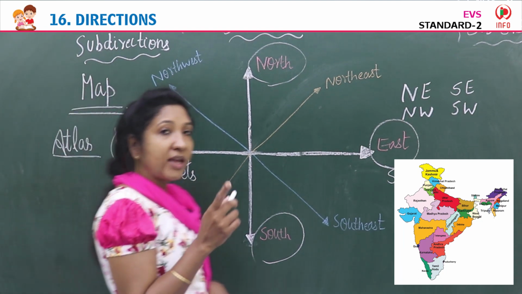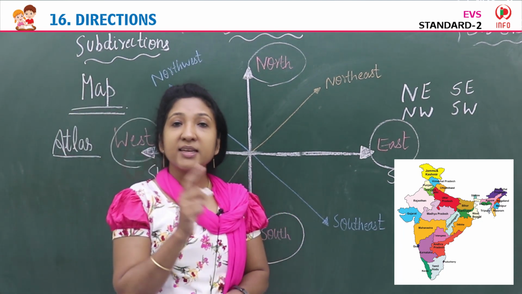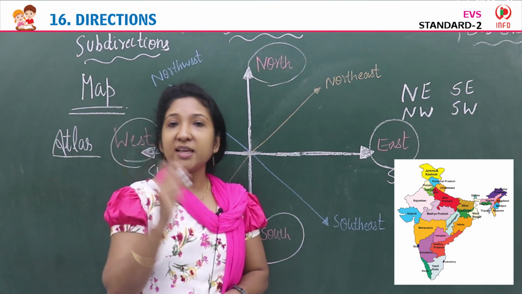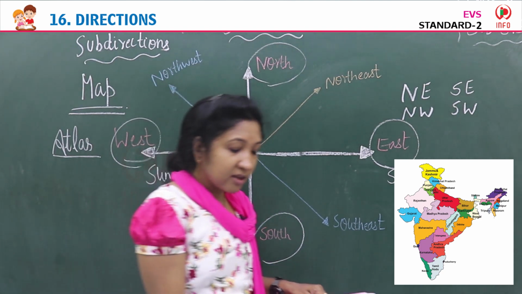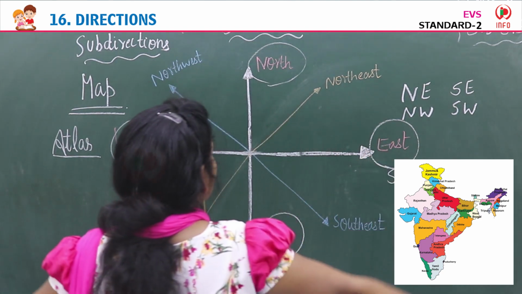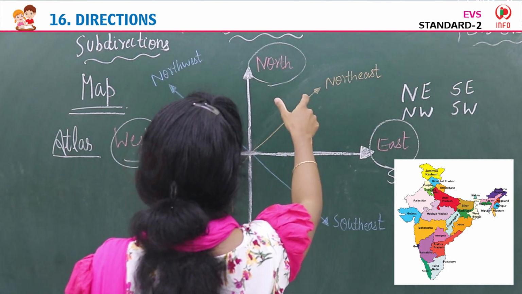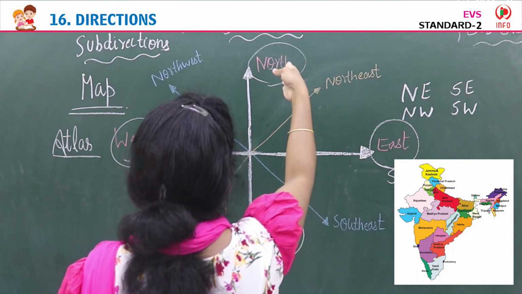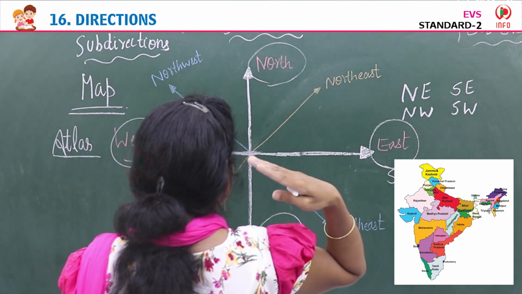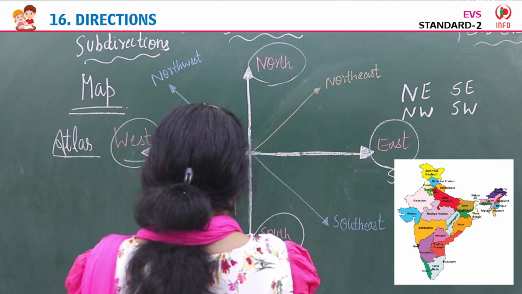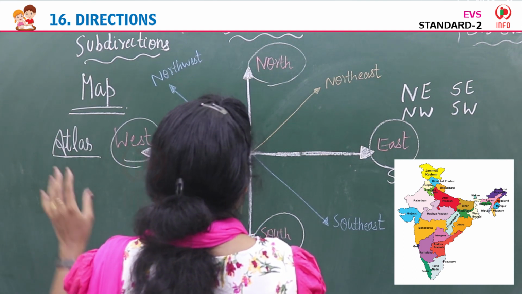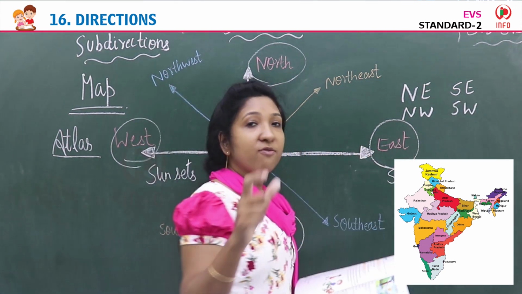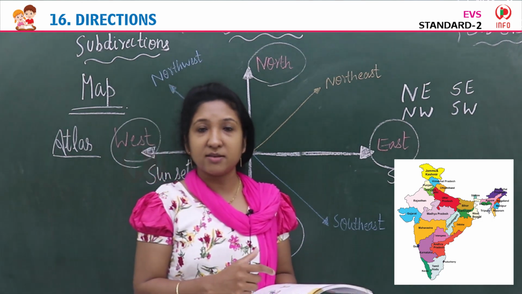So if you get up early in the morning, there is an easy way to find the direction. What is that easy way? Get up early in the morning, stand facing the sun. So sun is on your eastern side or east direction. So this is east. Then if this is east, front is east, back is west. Then your left and right. Left is your north and right is your south. So this is the way by which you can find the directions.